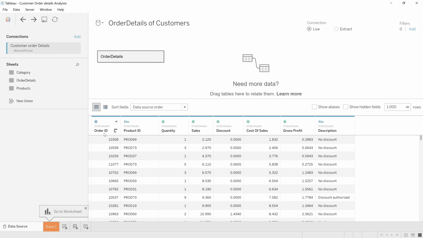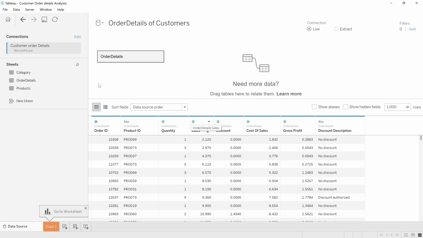If you want to change the field name, it's also possible. For example, let me make this as discount description, and you need to make a note that the changes you have done within Tableau do not affect your data sources. It is all done within Tableau only. It will be stored in Tableau metadata.